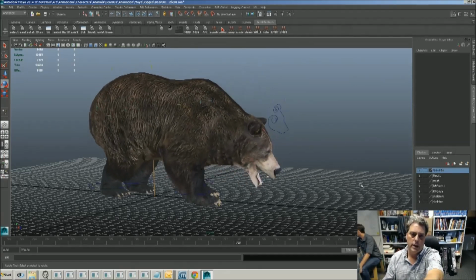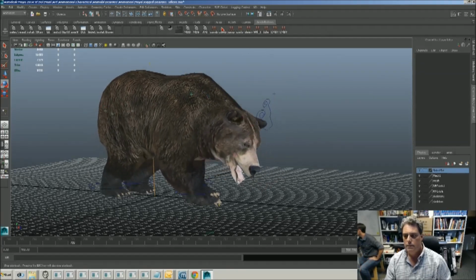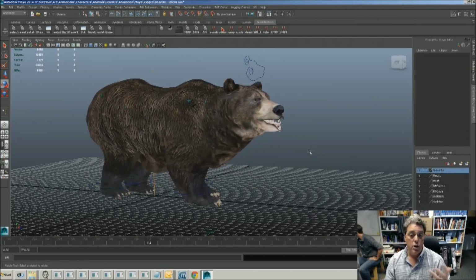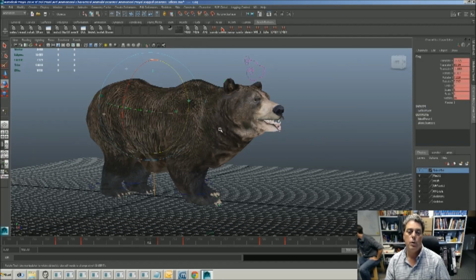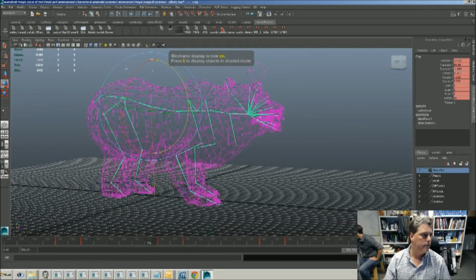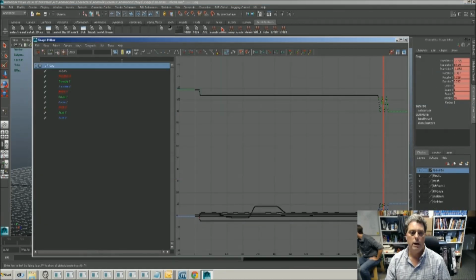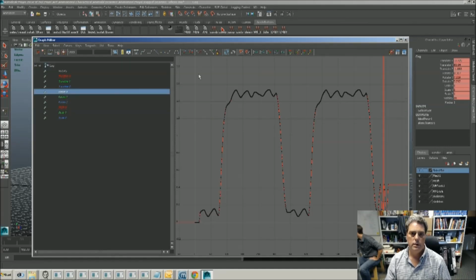I noticed we got some little hitching on some of the looping on the animation. Some of that lip looks a little wonky. So now you can actually come in and do some fine tuning on your animation. The way we do this is we use our curve editor. So what I will do is I grab my top joint. I'm always going to start at the top of my hierarchy here, even for adjusting curves. I'm going to bring my curve editor over here, and I'm going to punch up the rotations on